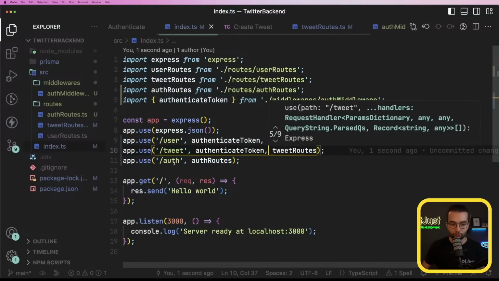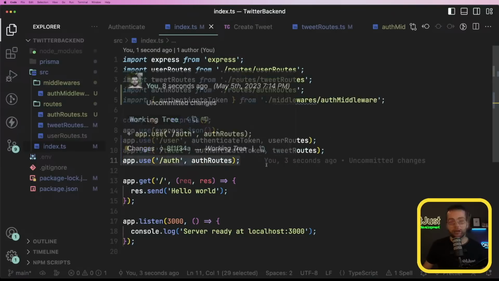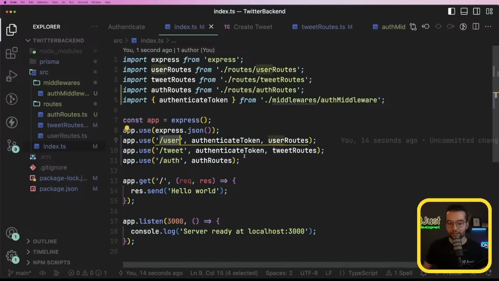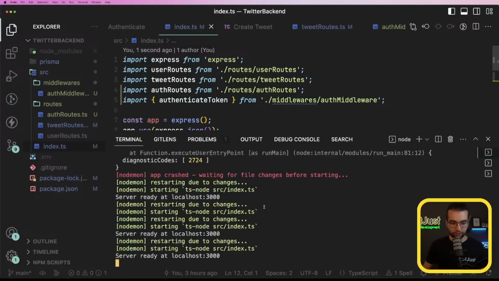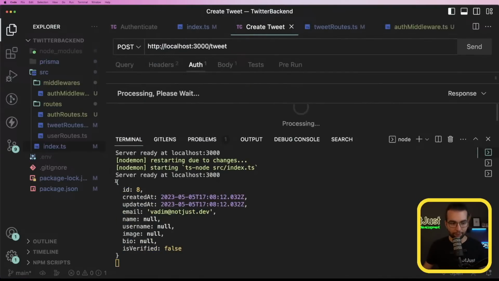We don't want to add it to the authentication route because in that case the user is not yet authenticated. So we need to allow unauthenticated requests to these routes, but for the rest of the routes here we want to authenticate the user. Now, if I call the same create tweet, we should see the information